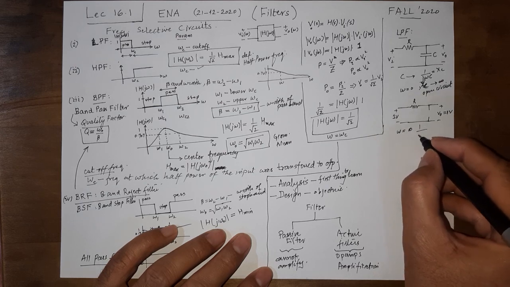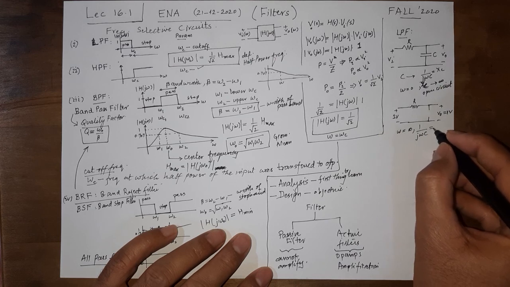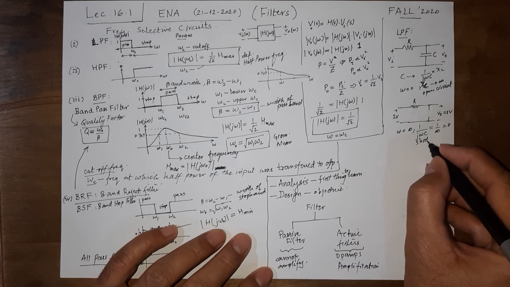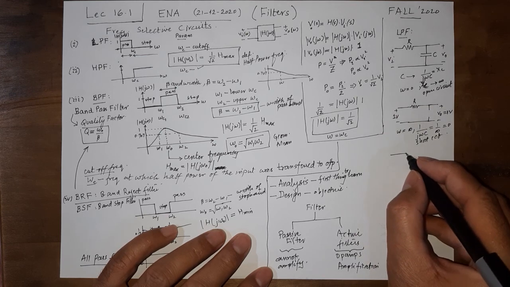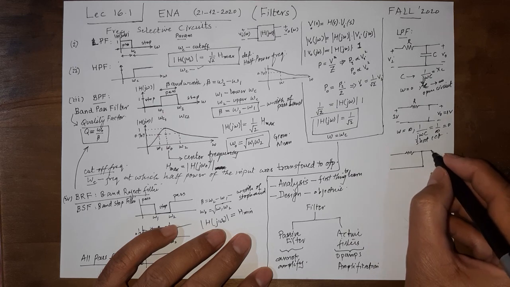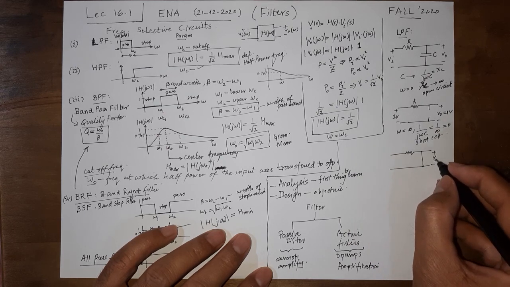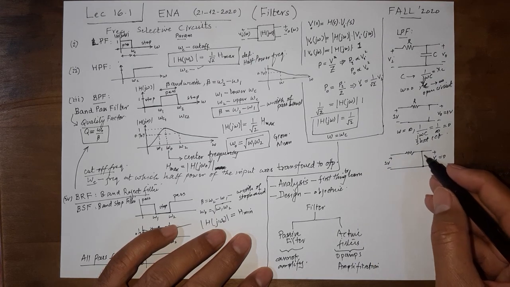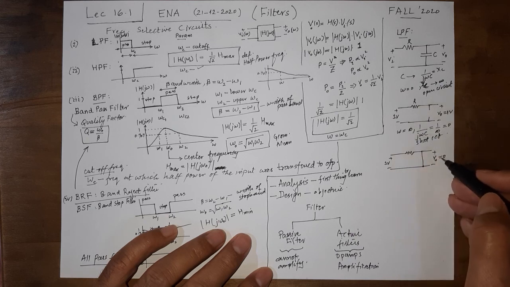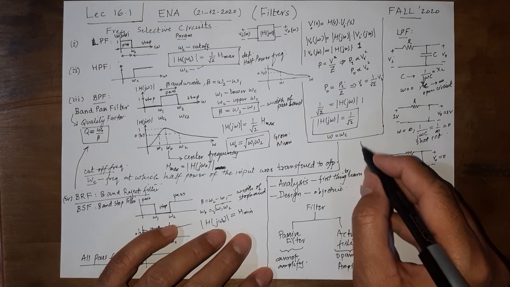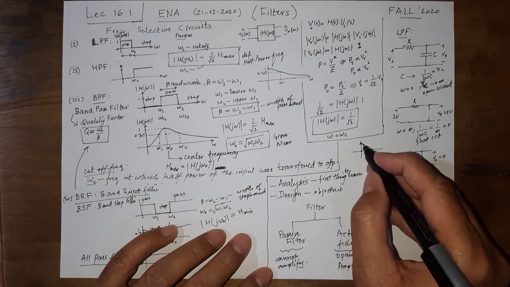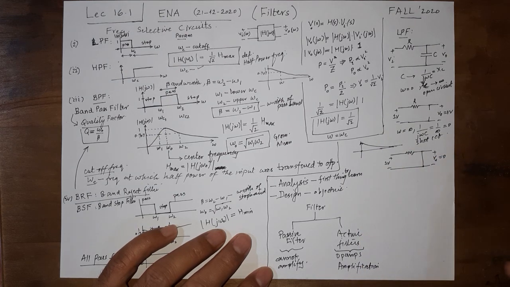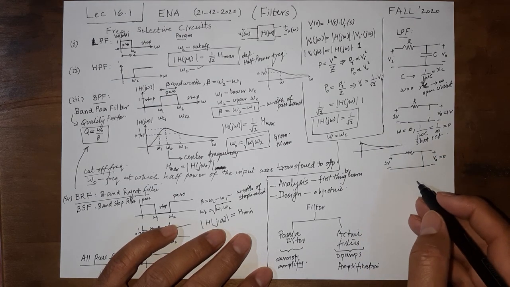But what is going to happen when omega is infinity? That is large omega. 1 over j omega C, 1 over infinity is going to be equal to 0. That corresponds to a short circuit. So it is a short and the output is across a short. Output across a short is going to be 0. So we see when omega is a large value, output is 0. So this means it is a low pass filter. For omega 0, it was 1. For omega infinity, it is 0. So it is going to be something like this. That is how you can quickly say it is a low pass filter.